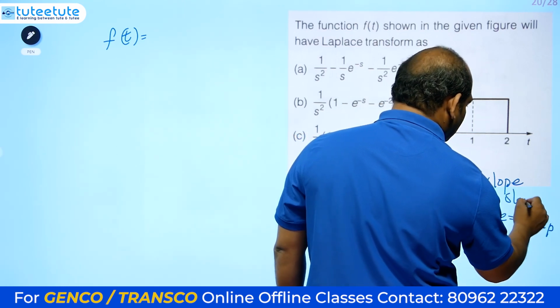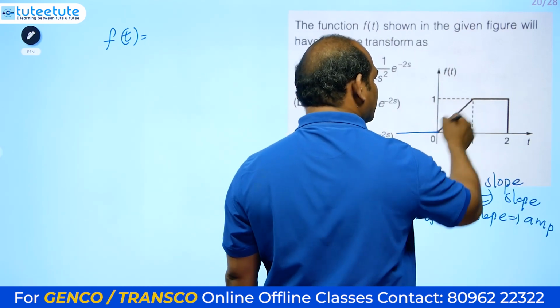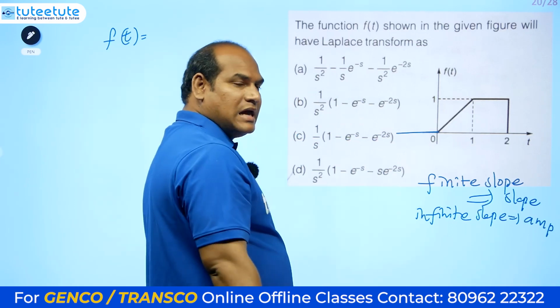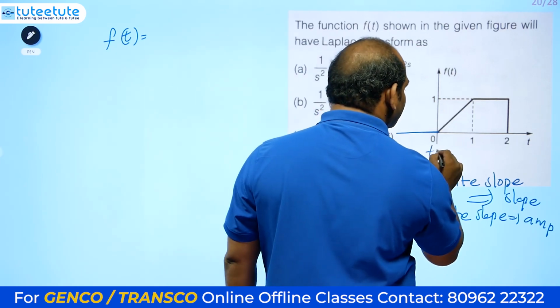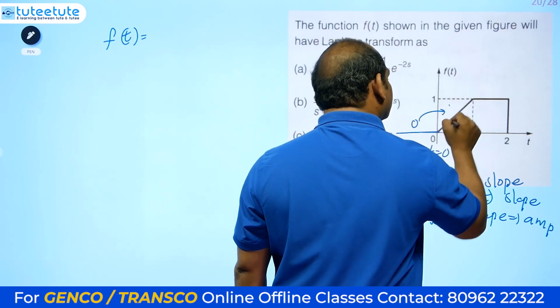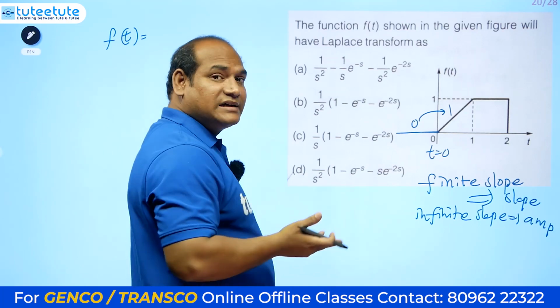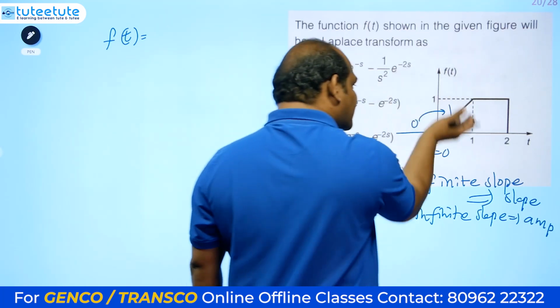Here you see slopes only. Okay, it is 0 slope, it is slope 1. It is 1 and 1 only, na? That means at t is equal to 0, how much slope change are you getting? 0 to 1. Slope change is 0 to 1. Okay. Then how to write the equation: after minus before.